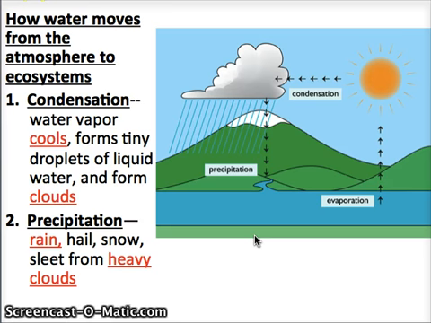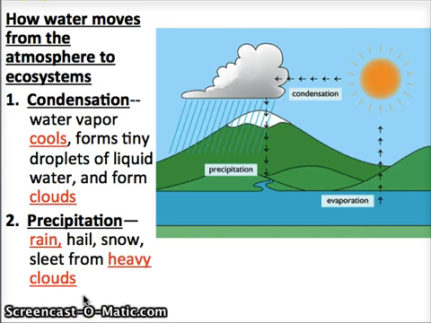Now let's talk about how water comes back down from the atmosphere back onto ecosystems. There's 2 processes involved. First, there's a process called condensation. Condensation is when the water vapor cools down. So it usually happens in clouds like this. And when the water condenses and cools, tiny little water droplets will form and it will precipitate. And the second way, it's called precipitation. Precipitation is when there is water falling from the sky. It's usually rain, hail, or snow.